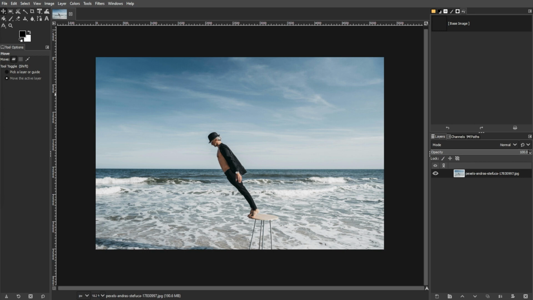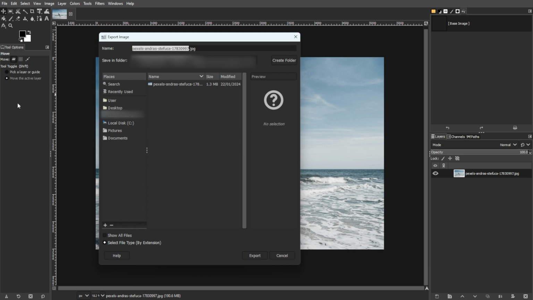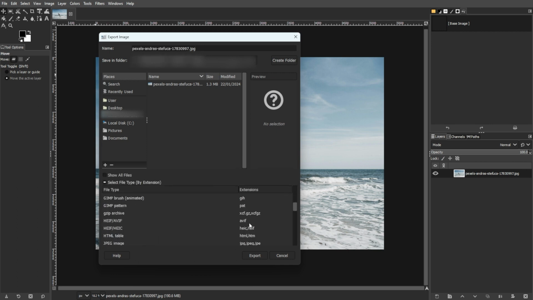To simplify the process, you can open your XCF file in GIMP, which is the native file format. Then go to the menu bar, go to File, then choose Export As. Select JPEG as a file type and configure compression settings, then you can now save your GIMP file as a